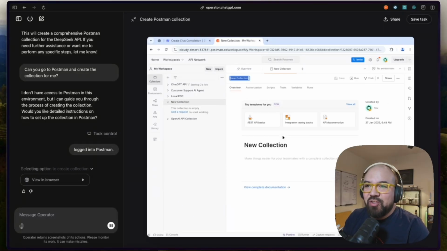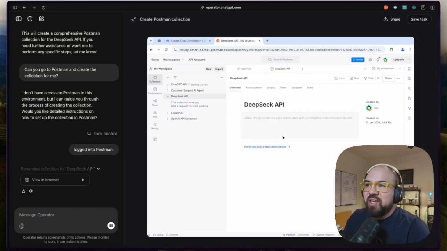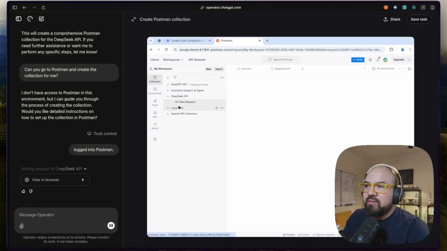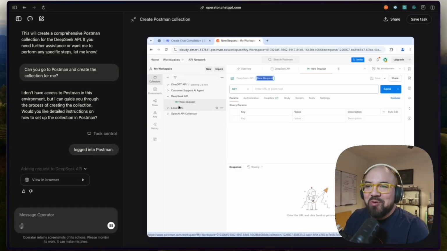It's creating the collection. Change it to DeepSeek API. It's adding a new request: Create chat completion. Wow. I mean, this is really cool. Already, this is